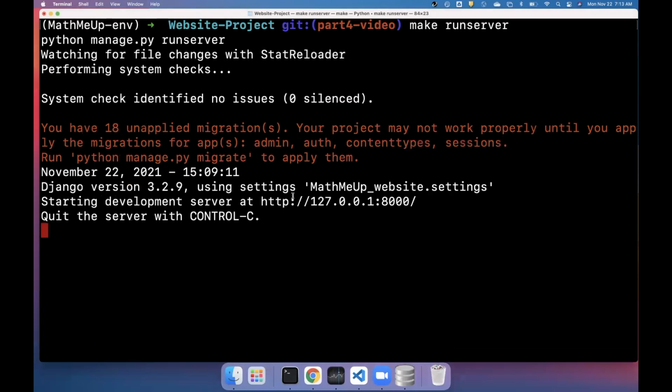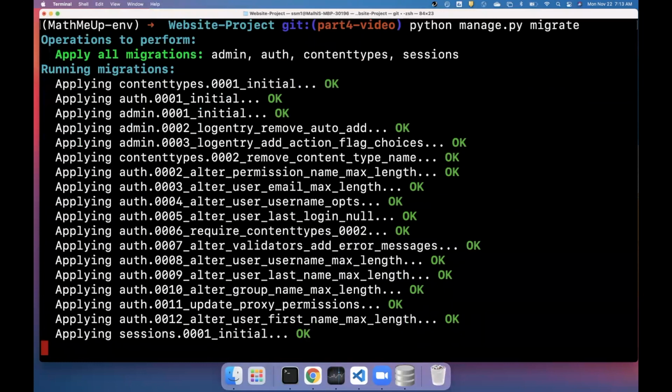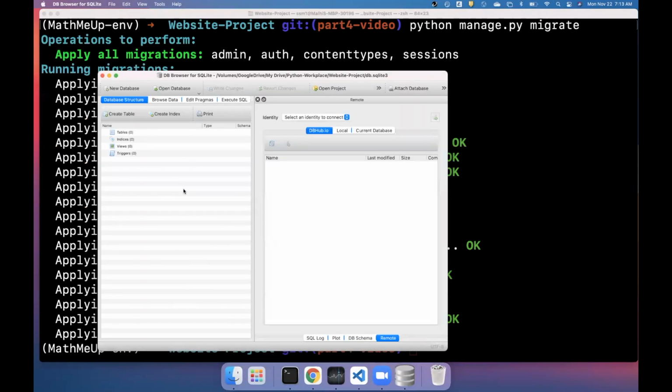But if I run this command, which is the very first step to migrate our database, first I need to kill the server, and then I will run this command. And you will see this message that all the migrations are applied. Now if you go into your database and refresh it,